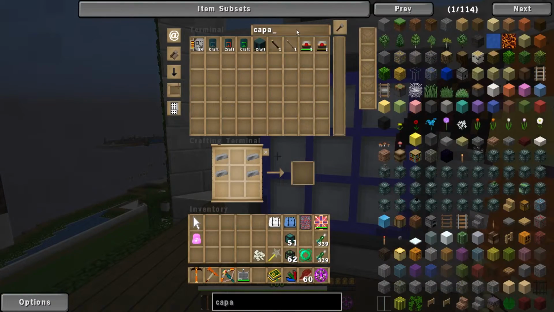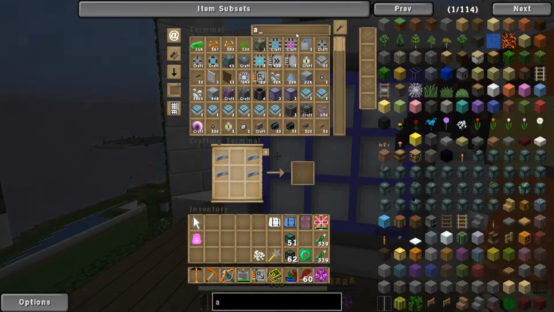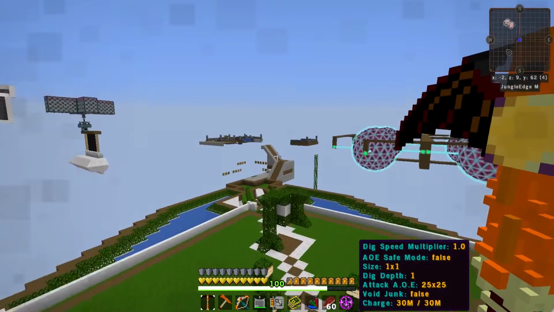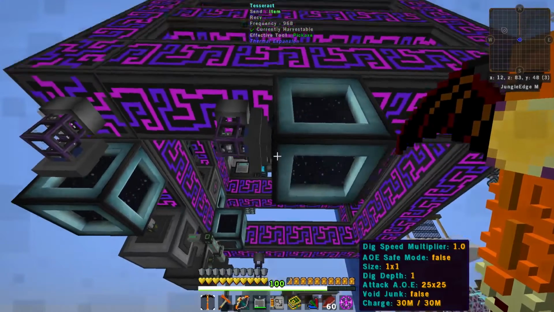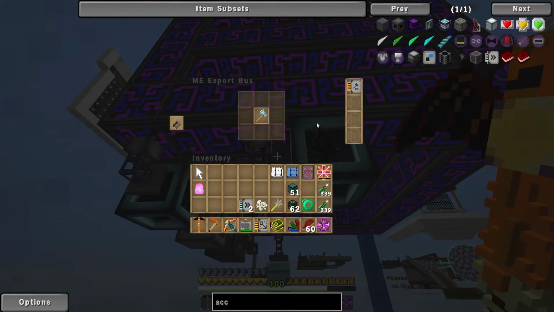If we do a capacity card, and then let's go ahead and get acceleration cards too. That's not how you spell acceleration. Then you get 2 of those. Now, if we go down over here, where we have our other crafting export bus thingamajig, this guy right here, this will craft...